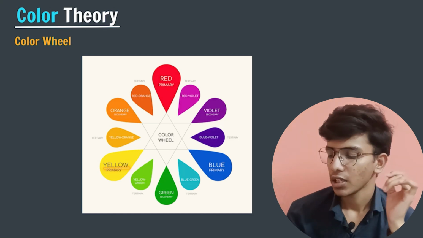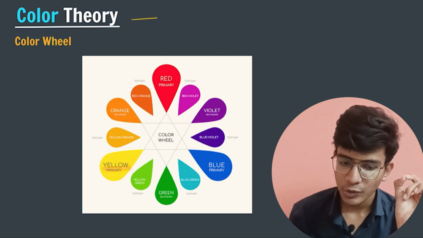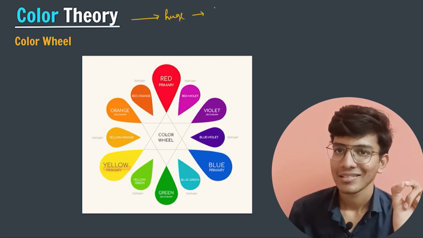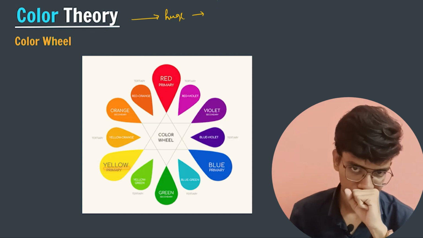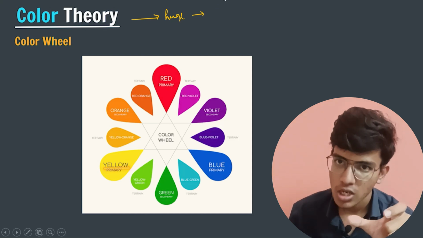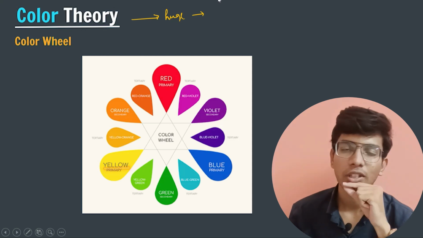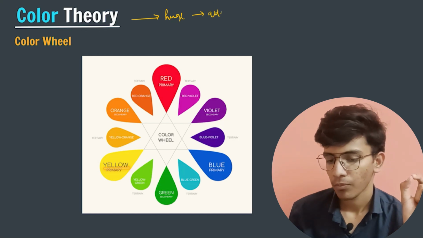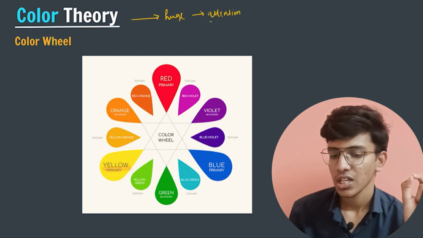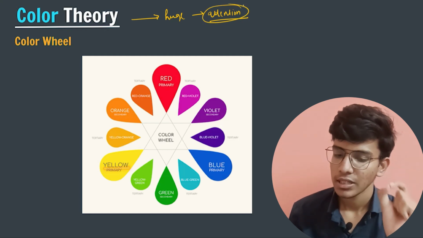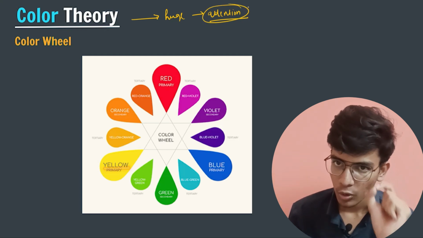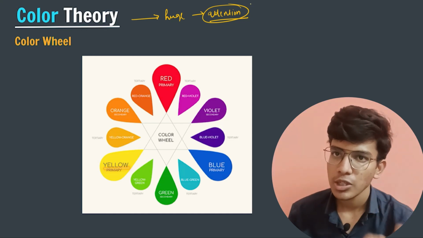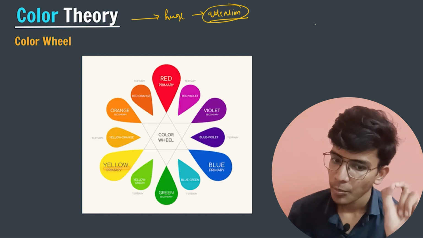So color theory: you need to understand that colors play a huge role in attracting your users, right? In making a hook towards your users. So attention, one of the key impacts of color is attention. To grasp the overall attention span of your audience, you should use the appropriate colors. But before using colors,